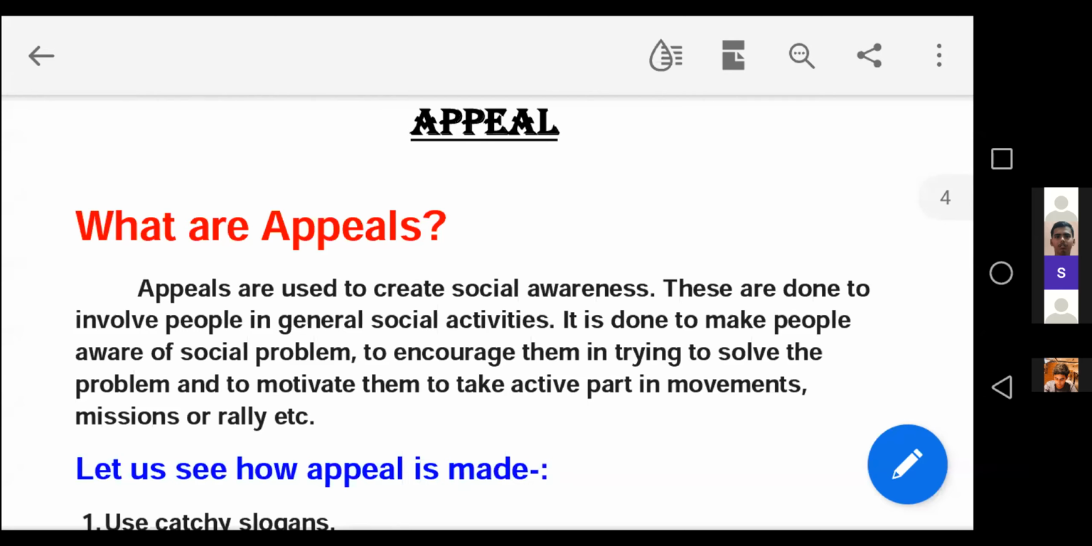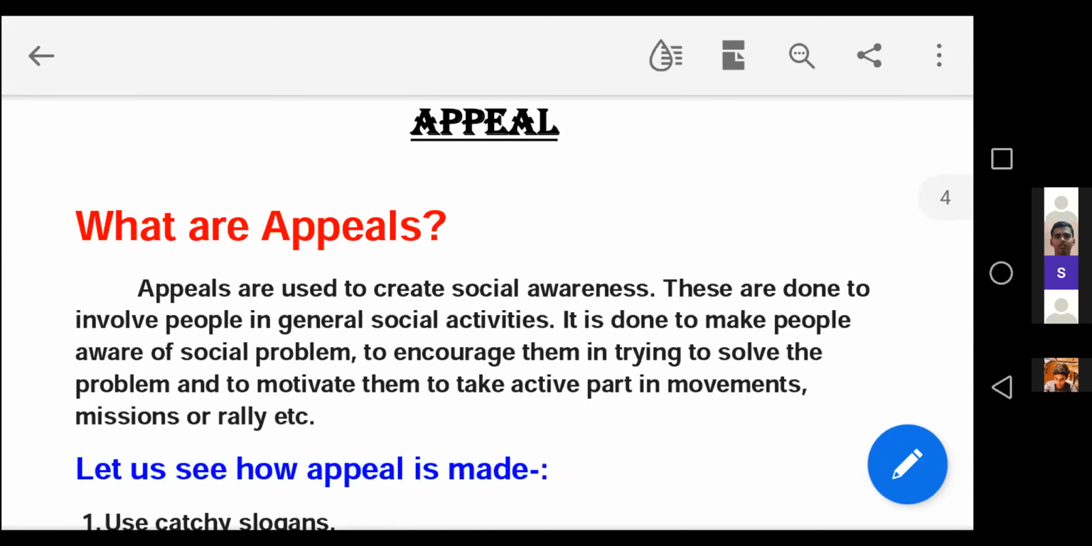For this purpose, we use appeals, right? Appeals are used to create social awareness. Let's say there is some need in the society which you aren't aware of, and any one of you can become a volunteer and explain the need, right? So basically, you're convincing people to come out and complete the cause,